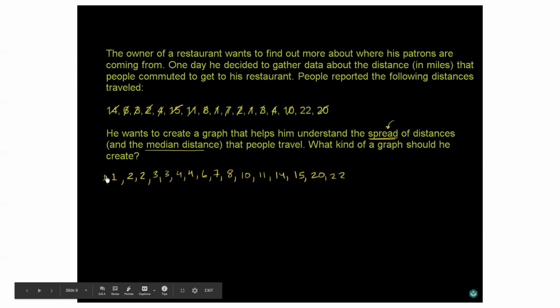So how many data points do we have? 1, 2, 3, 4, 5, 6, 7, 8, 9, 10, 11, 12, 13, 14, 15, 16, 17. So the middle number is going to be a number that has 8 numbers larger than it and 8 numbers smaller than it. So let's think about it. 1, 2, 3, 4, 5, 6, 7, 8. So the number 6 here is larger than 8 of the values, and if I did the calculations right, it should be smaller than 8 of the values. 1, 2, 3, 4, 5, 6, 7, 8. So it is indeed